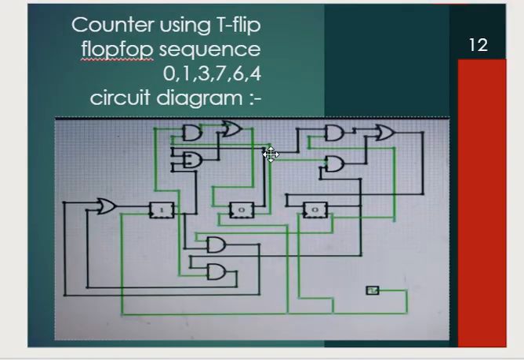After getting these equations, we can easily derive our counter. As you can see on the screen, this circuit has three T-type flip-flops, because the number of bits we are going to use was 3, so that's why we use 3 flip-flops in the counter. This is the whole circuit of the counter, and I have used an OR gate and AND gate. That's all I used. The clock is given simultaneously to all of the flip-flops, which is what we do in synchronous counters.